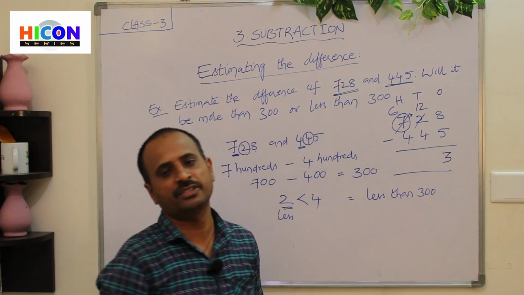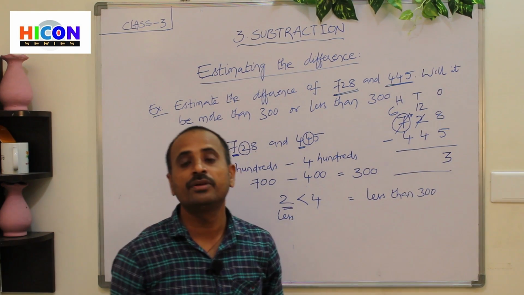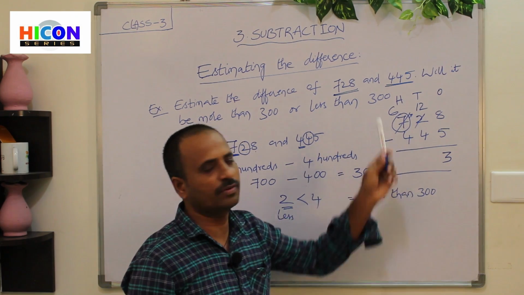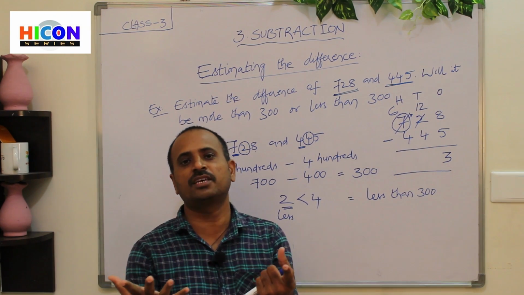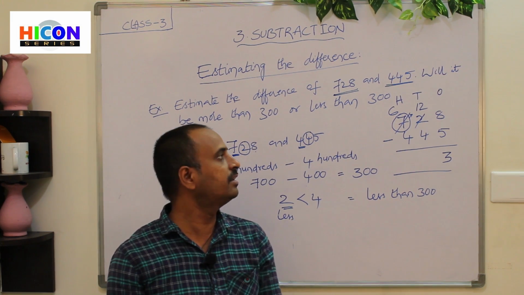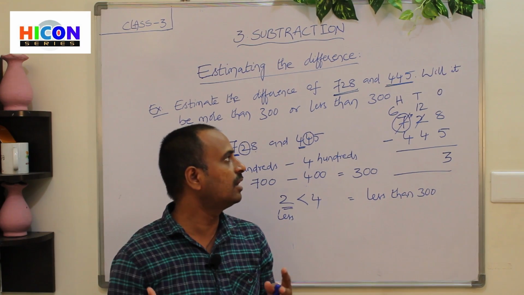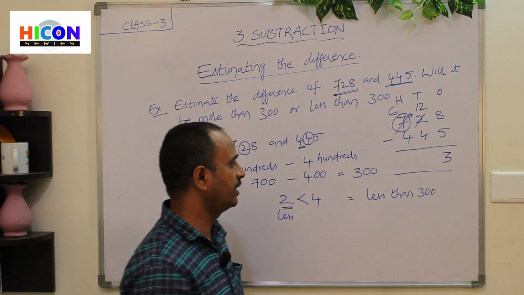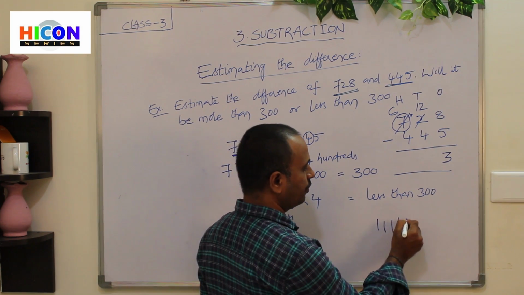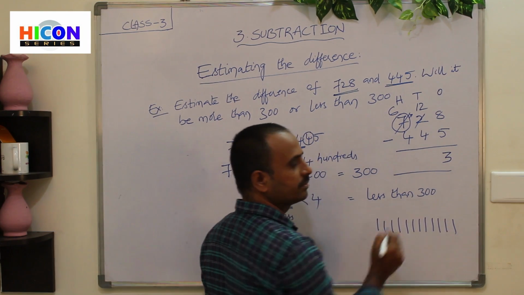So now do the subtraction. Because 12 is the greater number, 4 is the smaller number, we can subtract 4 from 12. So what is the first number? 12. So open 12 fingers of your hand, but there are only 10 fingers on our hands. We cannot do the subtraction on our fingers. So draw 12 lines in your rough work. That is 1, 2, 3, 4, 5, 6, 7, 8, 9, 10, 11, 12.